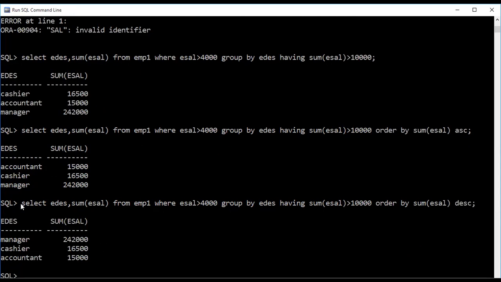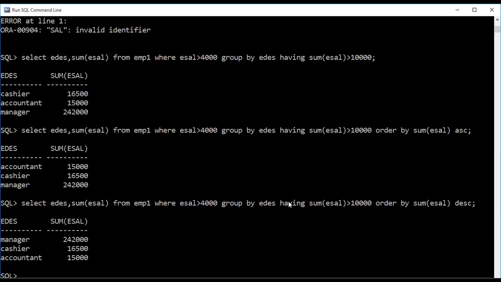See, so daily the query size is increasing. First we performed only select star from employee. Then we introduced where. Then we introduced group by. Then we introduced having. Then we introduced order by. Clear? So in this, you must remember the difference between where clause and having clause: where should appear in the query before group by only, and having should appear after group by only.